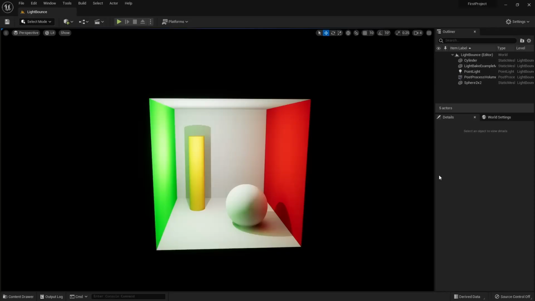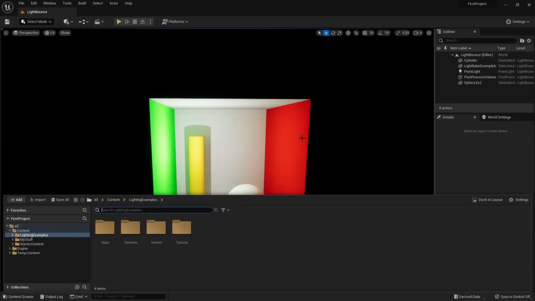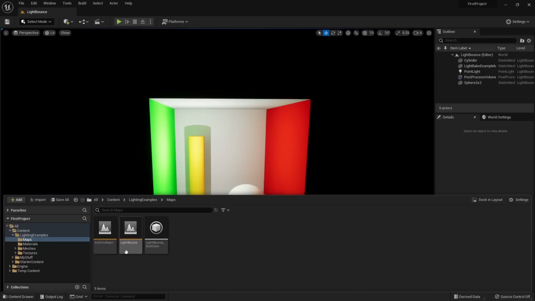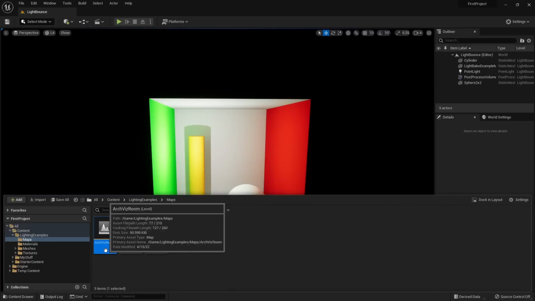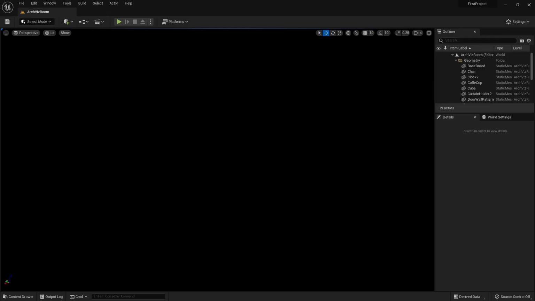The specific architectural environment is already included within our lighting examples that we migrated into our first project. We can see under lighting examples maps, it's the map that's right next to the map that we've been editing, which is light bounce. So let's double click on ArcViz Room, and we won't see anything because there are no